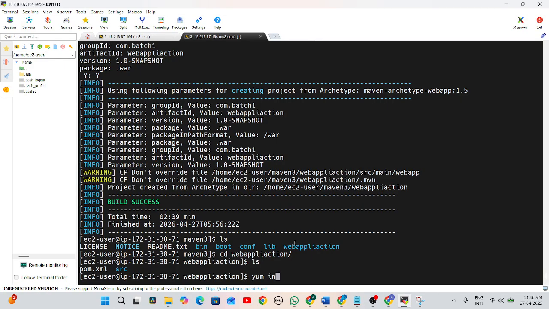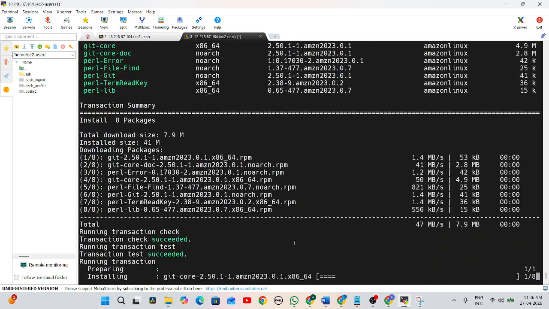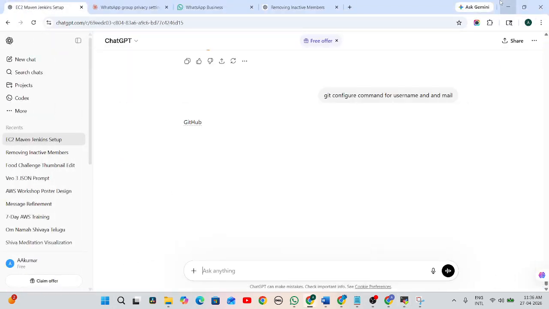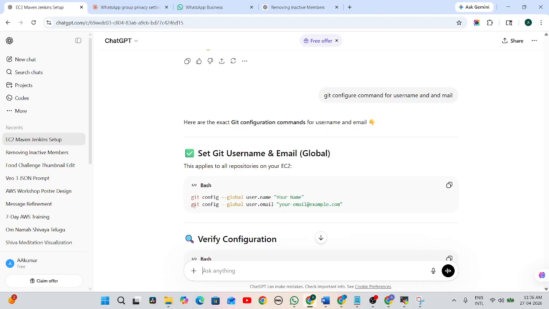So install, sudo then install git. The git has been created. So these things we need to configure, okay? So git username,